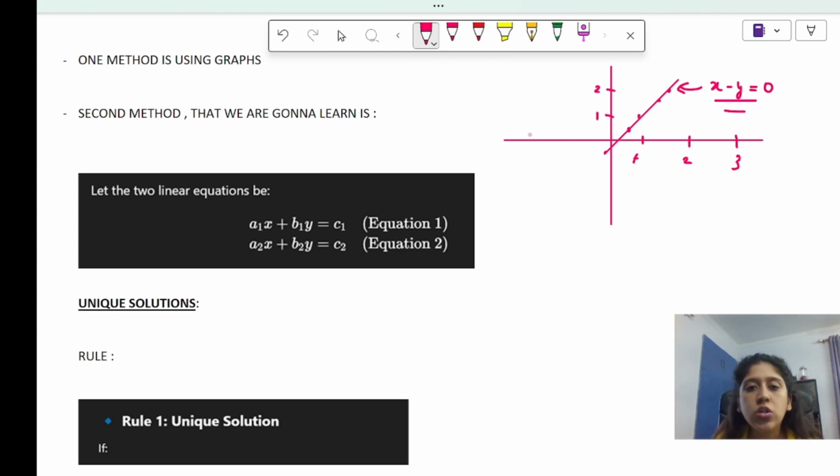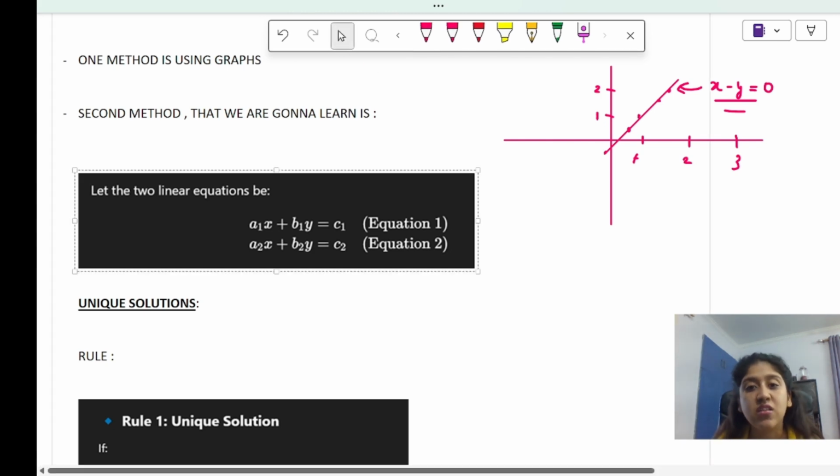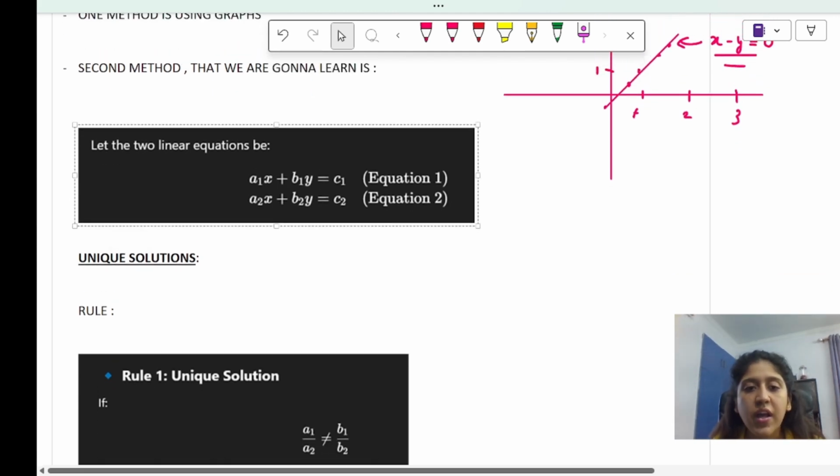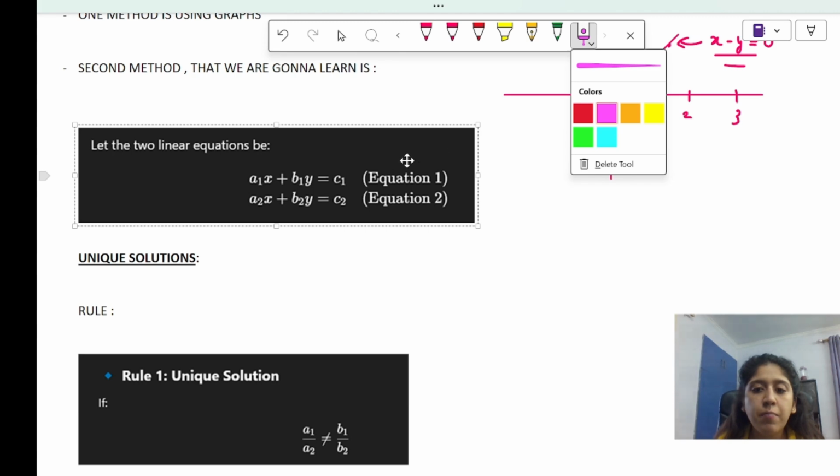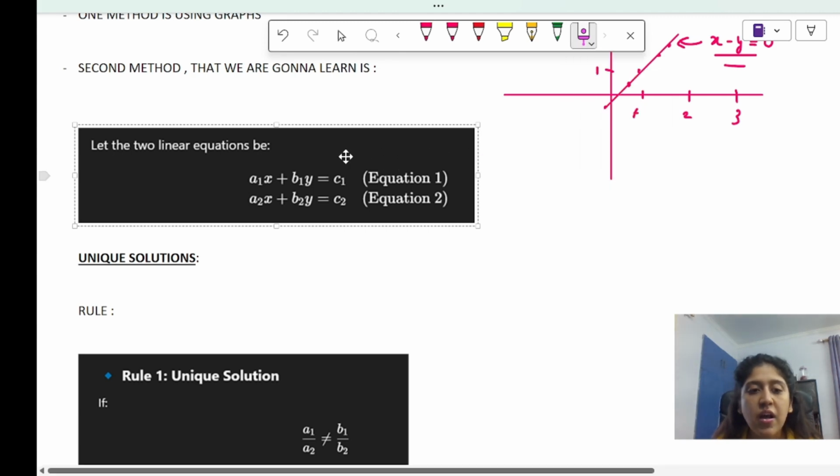But इस chapter में we don't do that, ठीक है. हम इस chapter में और एक method सीखेंगे which is easier than this, जो इससे easier है, ठीक है. ये graph से easier method है, ठीक है. Let's learn first. अगर हमें सबसे पहले, we are actually assuming, हमारे पास we have two types of equations, that is